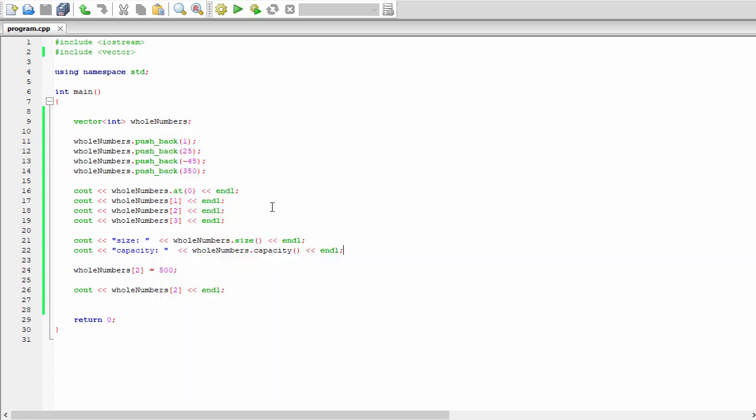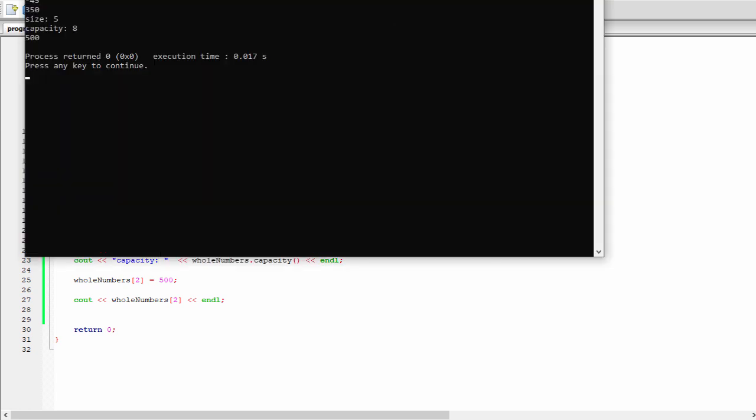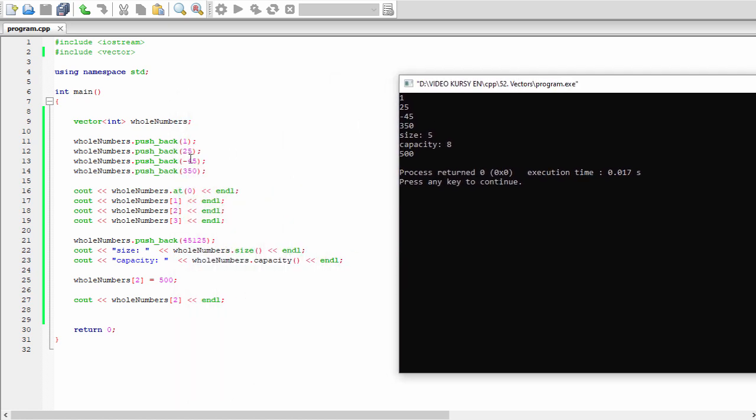So it's impossible to add a new element now? No. It's possible, but when we push back another element, look what happens. We have got here size 5. So we have 5 elements. It's true, right? 1, 2, 3, 4, and 5. But capacity is equal to 8. So the amount of elements that can be held in the vector is now 8. What happened here? Well,